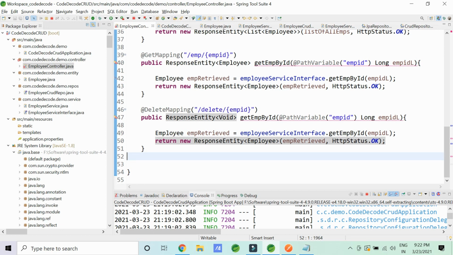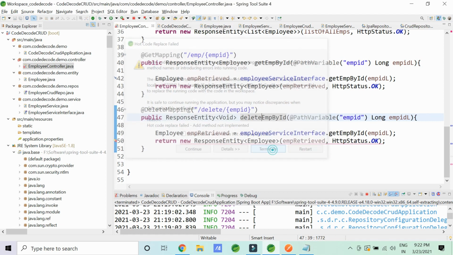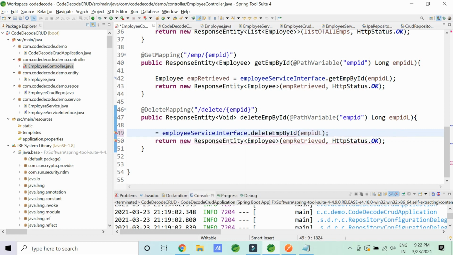First, quickly understand the CRUD operations. That's the very basic thing you should know. So now it's not get. Now what I want to do is delete, please. So delete employee by ID. If I'm going to send you any employee ID, please delete that employee from the repository. So in the interface, I'm expecting you to please create a delete by employee ID method. This method should be created, and I'm expecting nothing in return. So the return type should be void.